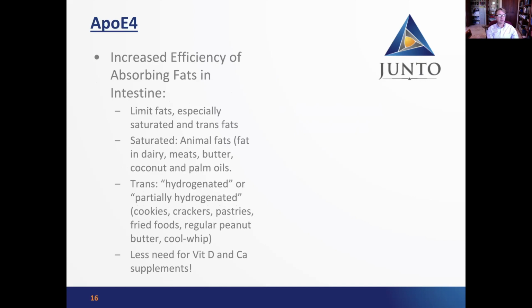E4 is the one that gets the most press. And what it does is it causes an increased efficiency of absorbing fats in our intestine. So there's two fats that are especially bad for us: saturated fat and trans fats. Saturated fats traditionally are found in animals. Think of dairy, butter, cheese. If you look at a meat before you cook it, all the white is fat. So you can see bacon is full of all that solid white material, ribeye steak, fatty hamburger meat, chicken skin,